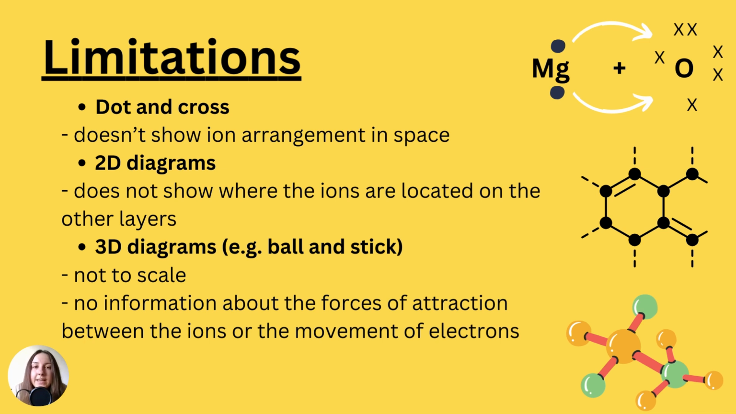It doesn't show the other layers of those ions. 3D diagrams are a bit better because they show the arrangement of those ions, but however, they are not to scale, and they also don't show the forces of attraction between the ions and also the movement of electrons, which is not ideal. So there are ways we can draw and represent giant ionic structures, but there are also limitations,